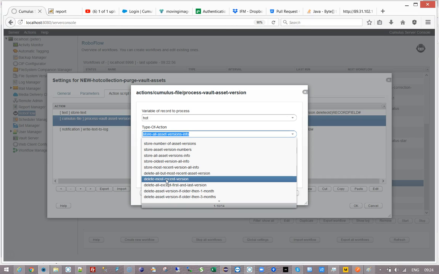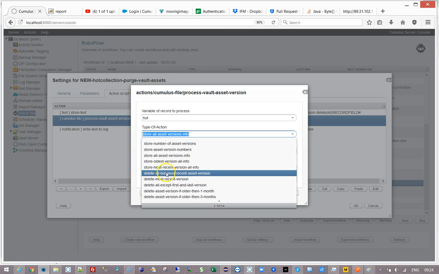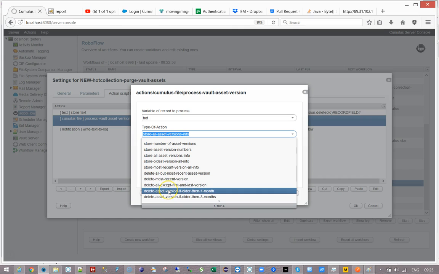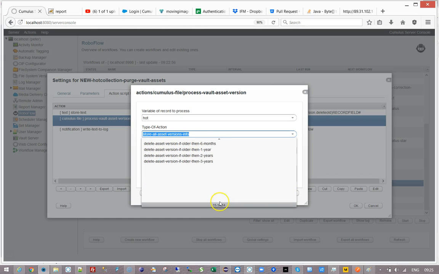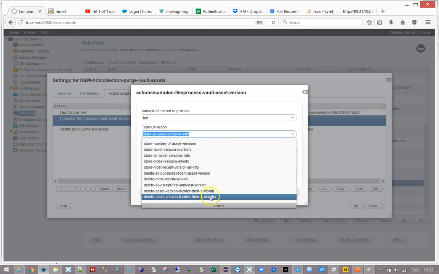Maybe it was not approved and you want to roll back to a previous version. So then you can say delete the most recent version. You could say delete all except the first and the last. You could say delete all but the most recent. You could also say, look, delete everything older than 1 month or 3 months or 6 months or a year or 2 years or 3 years. And so all this is very easy